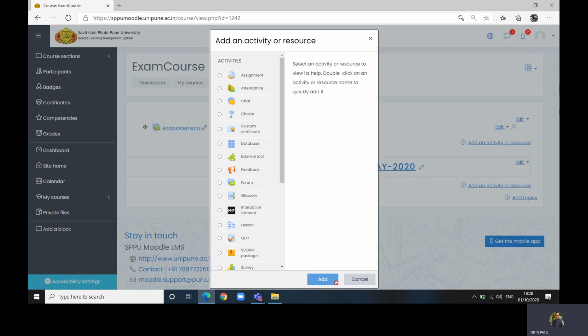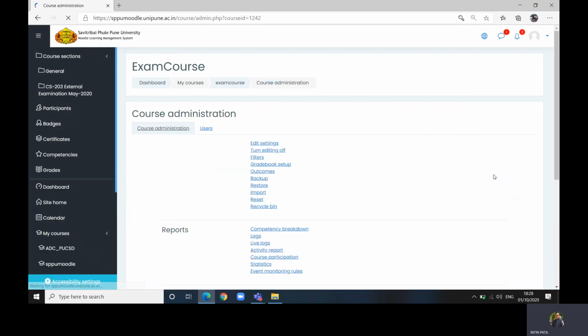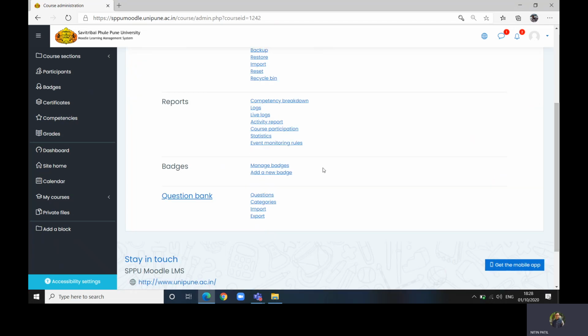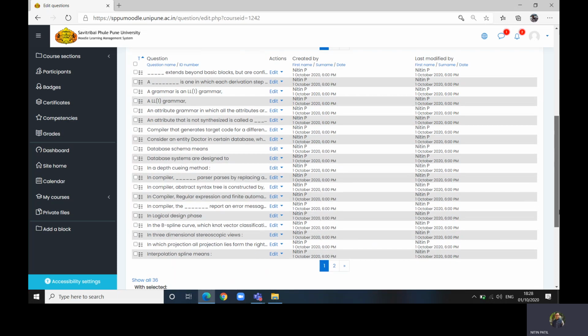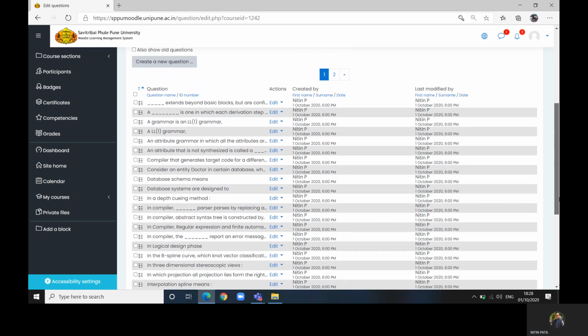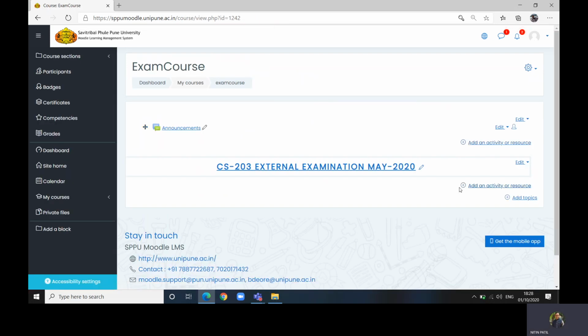Now, first thing that you should do is, we will add first quiz there, so questions there. So let us see how exactly we can add. So you go to questions. With the assumption that you haven't added that, you go to import and then import the file and then add the questions appropriately, in the format which was shared with you, which was communicated to you earlier in the training. Fine. So assume that you have added all these questions into your question bank. Go back to your course, add the activity now.